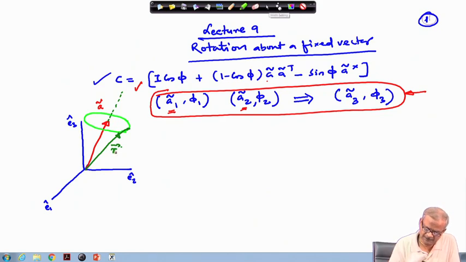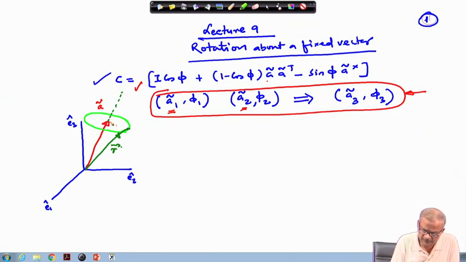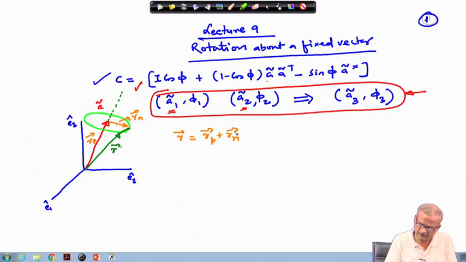Now, this is my vector. So, I can break it into two portions, one along this direction and one along this direction, meaning one along the A vector and another perpendicular to the A vector. So, we can write here r equal to, okay, this part we will indicate by r normal, and this part we will indicate by r parallel. So, r will be equal to r parallel plus r normal.